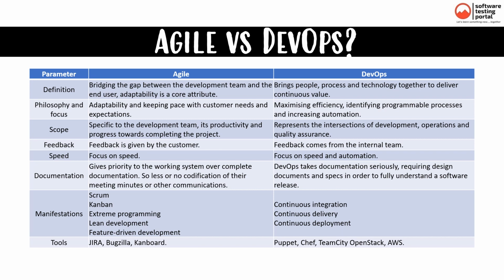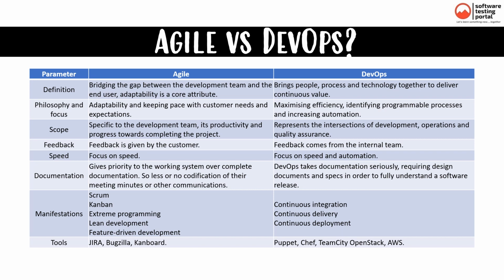Also, Agile's scope is specific to the development team and completing the project. Whereas DevOps scope represents the intersection of development, operations and quality assurance. In Agile, feedback is given by the customer, whereas in DevOps, feedback comes from the internal team. Also in Agile, we focus on speed, whereas DevOps also focuses on automation. In terms of documentation, Agile believes in less documentation, whereas DevOps takes documentation seriously, in order to fully understand a